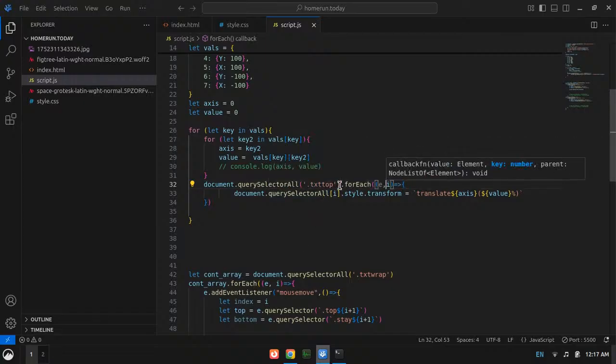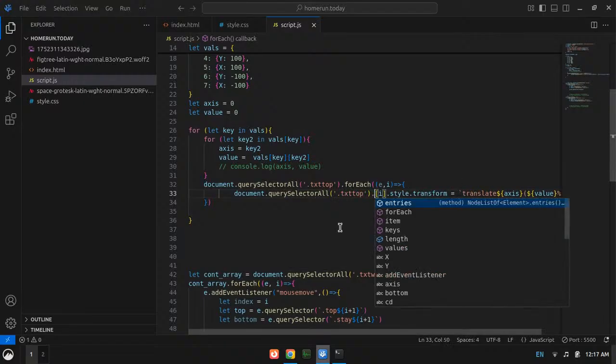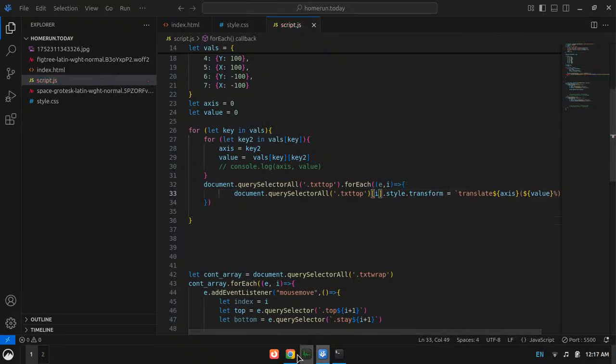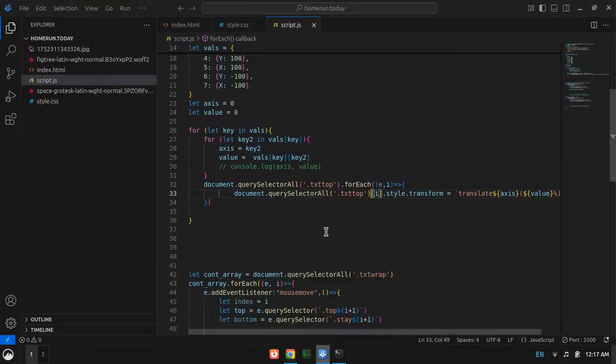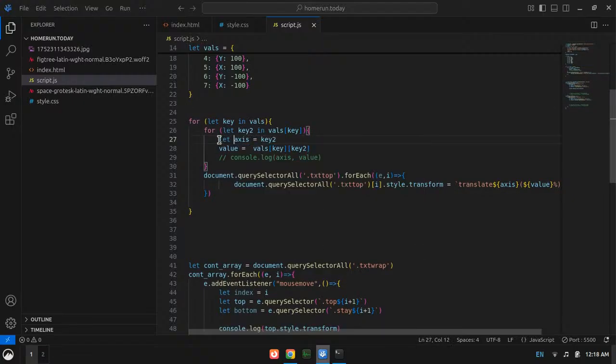I didn't include this txt top. What am I even doing? And now it should work. Not yet. But why? Why? This is not helping us.